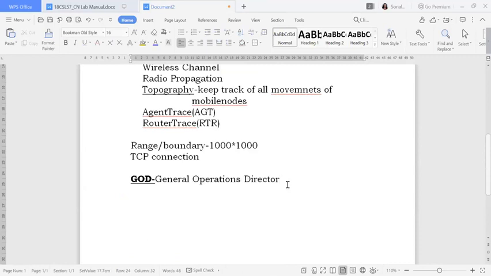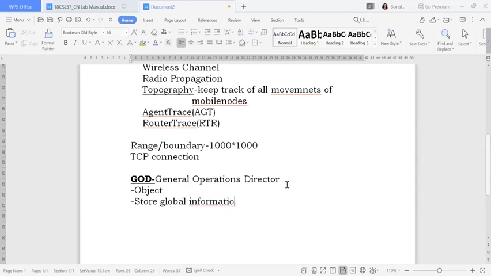Now what is the work of this? What will it do? The first point is that this is an object. If it is an object, what is it going to do? It will store all the global information. Whose information?